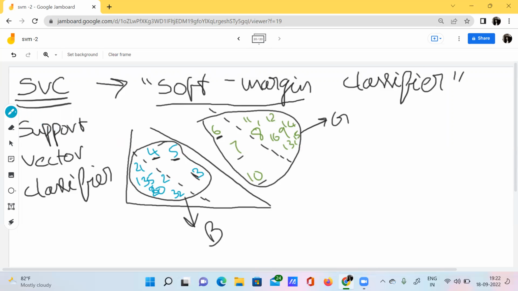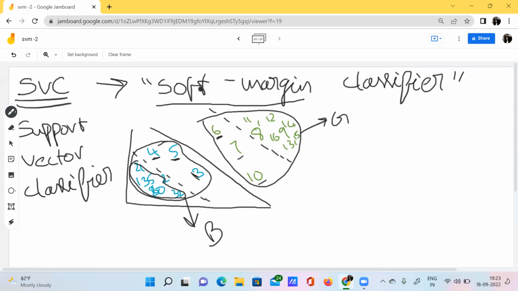By the end of the scenario we can conclude that most of the data points are on the right side. They didn't cross this particular margin. But very few of the data points are crossing the margin, and we are okay with that. We are allowing these data points to cross the margin.